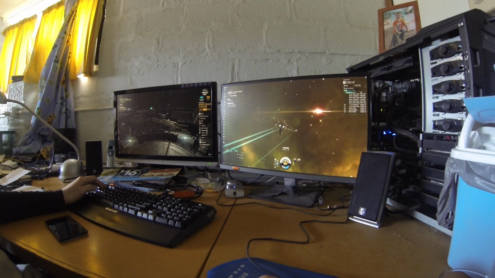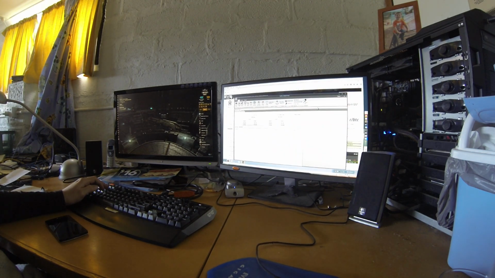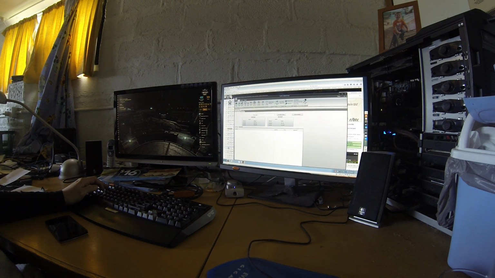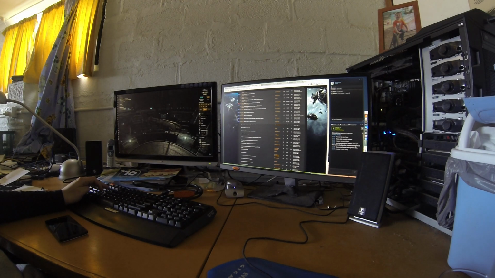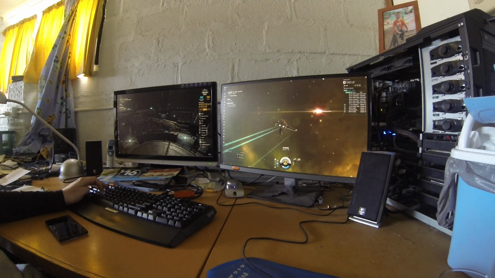Some of the Eve programs are Windows only, and I think there are ways to get those running in Linux, but I find it's easier for me to just run a virtual machine with Windows in it, and I run those programs that I need in the Windows virtual machine. I wouldn't be able to run Eve inside that virtual machine. And yeah, so I have access to all the tools I need for Eve,